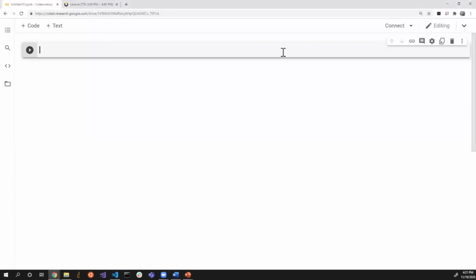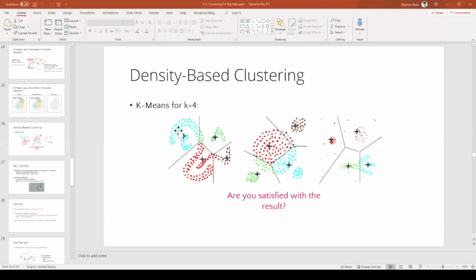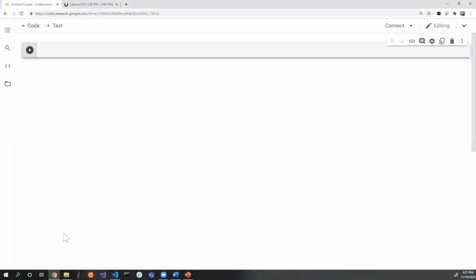Now I would like to move to Google Colab real quick, and I'll try to show you how the clustering algorithms could be implemented in Spark. So for that, we're going to need